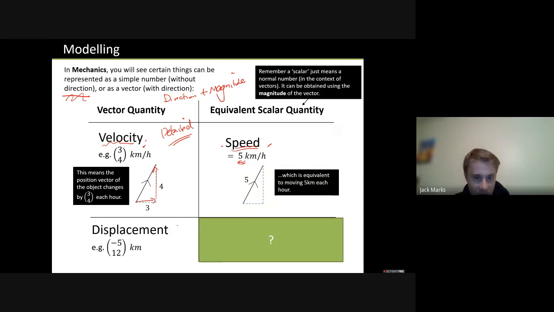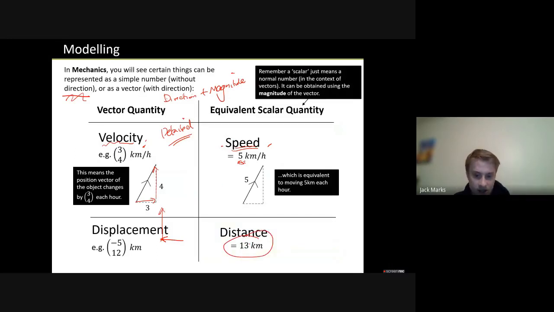Displacement, again, sounds quite formal for the detailed vector form. It's got a negative, so it means it's over to the left, and 12 means it's up there somewhere. Well, that's like saying distance, but distance is the one that's just got a magnitude. It's just 13. So, unfortunately for you, as well as sort of writing things perhaps like this or like this,